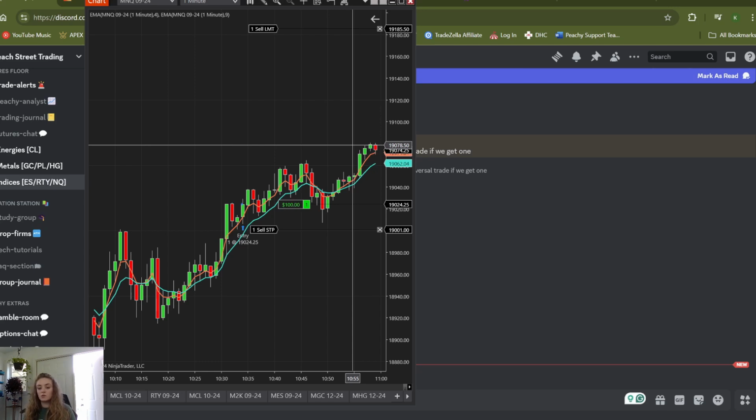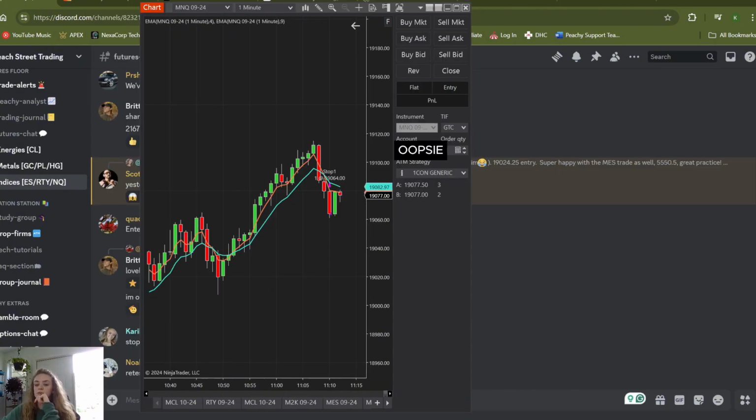If not, we're already up pretty good. Obviously, I'm not above my entry yet because price action has not played out that way, but I'm hoping that we have another pullback that comes above my entry and I can move my stop up. We can let everything breathe, and then I can go live my day and check in throughout. So yeah. Okay, I was stopped out of my original entry